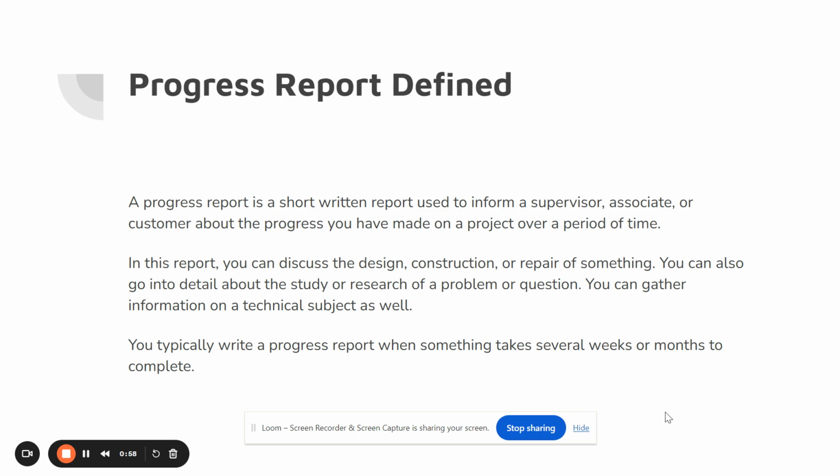So this is for any work assignment that's going to take you an extended period of time to complete. For example, if you are building a house, you may send quarterly progress reports. If it's supposed to take you 3 months, you may send bi-weekly progress reports. So every 2 weeks, you are sending a report to the housing manager or to the customer to let them know what has been completed up to that point, what you are currently working on, and what should be completed